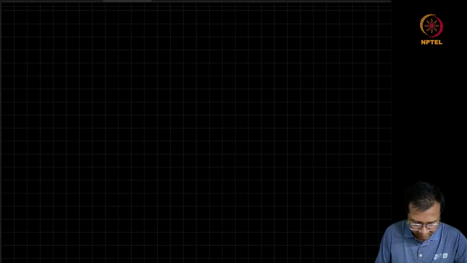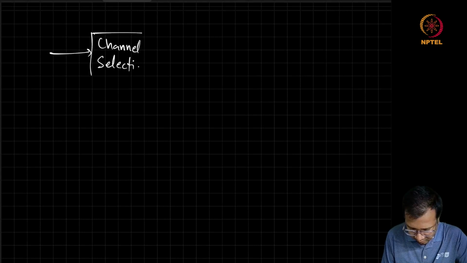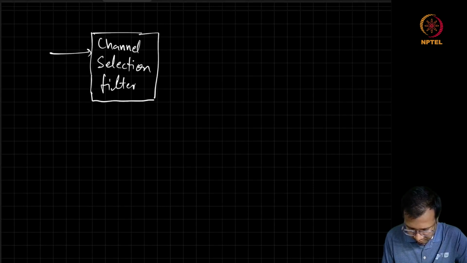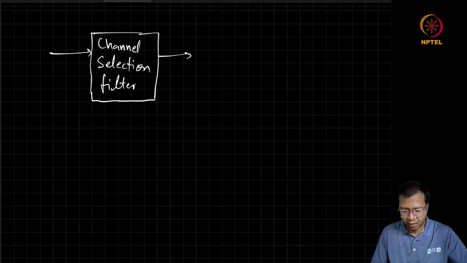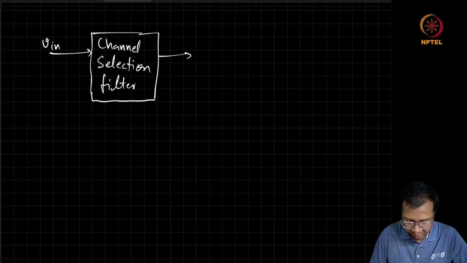So the second approach is to try to design a channel selection filter in the analog domain. Okay, to understand the challenges in designing a channel selection filter,